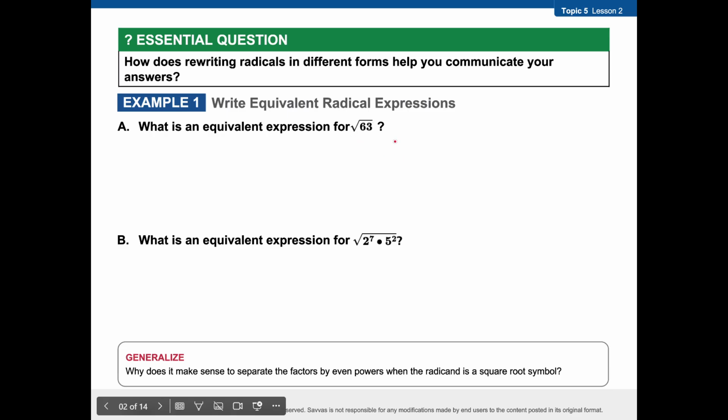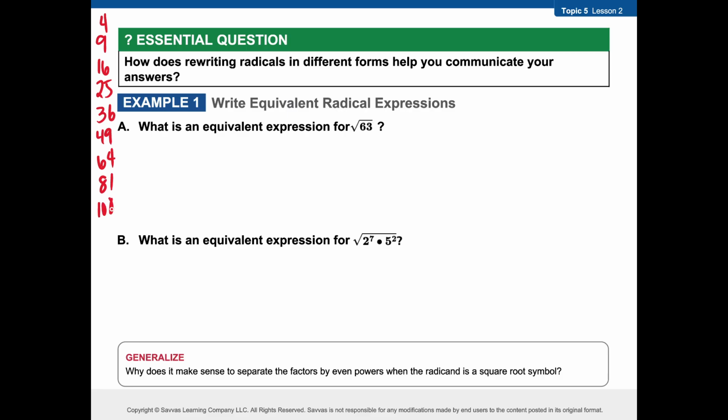So there's two ways to do this. There's finding a perfect square. So here's a little list of your perfect squares: 2 times 2, 4, 3 times 3, 4 times 4, 5 times 5, 6 times 6, 7 times 7, 8 times 8, 9 times 9, 10 times